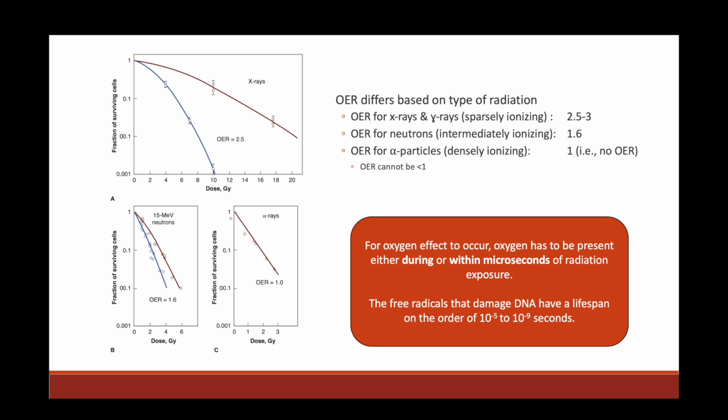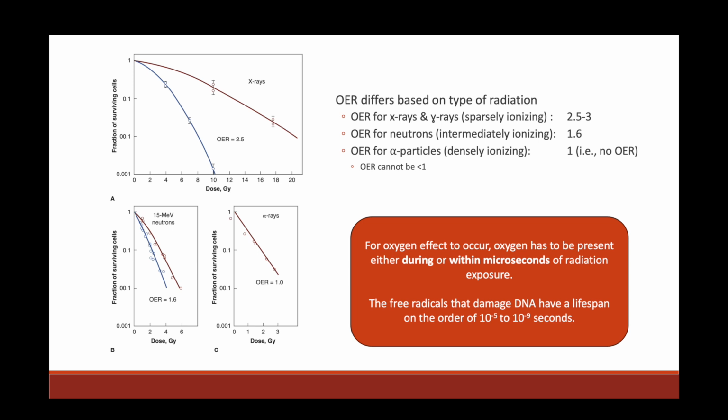So the OER for X-rays and gamma rays, and also protons, so these are our sparsely ionizing radiation, is about 2.5 to 3. Neutrons, which are intermediately ionizing, the OER is 1.6. And then for alpha particles, which are densely ionizing, the OER is 1, meaning there's no enhancement effect from the